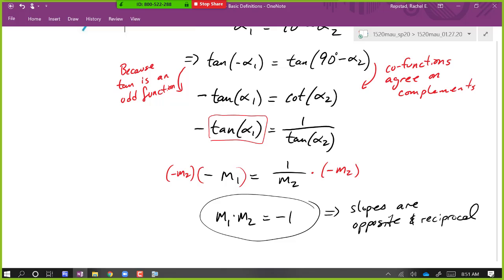How's that? Okay. So we've now married the two ideas of what it means for lines to be perpendicular. If we were worried about that at all through our mathematical lives, we could put that to rest. We know that if two lines meet at 90 degrees, it forces their slopes to be opposite and reciprocal to each other. Questions about that before we do another example?